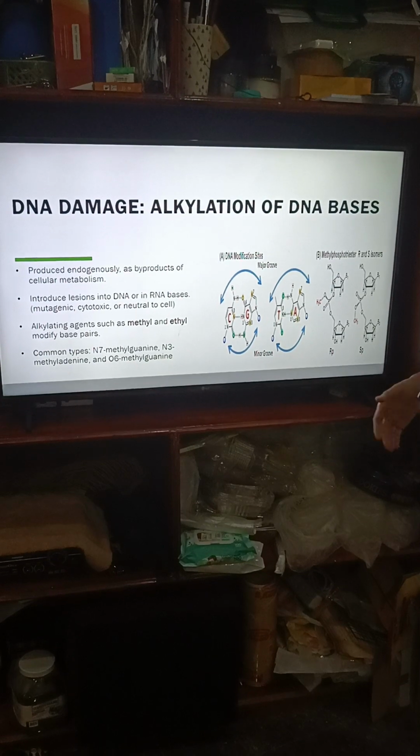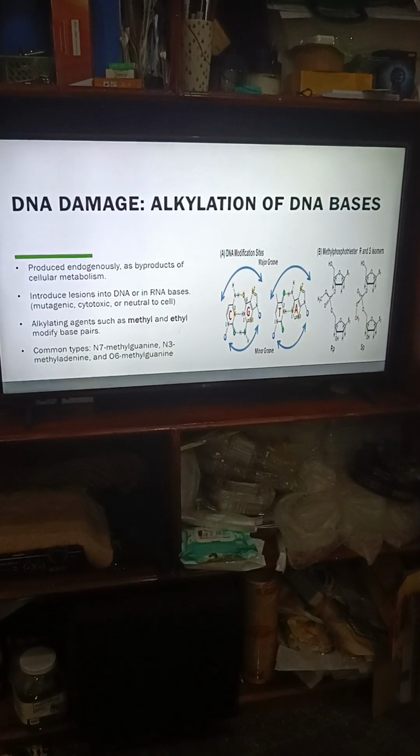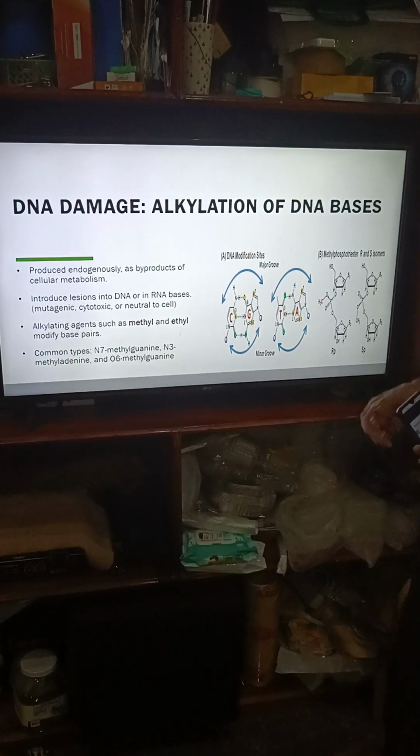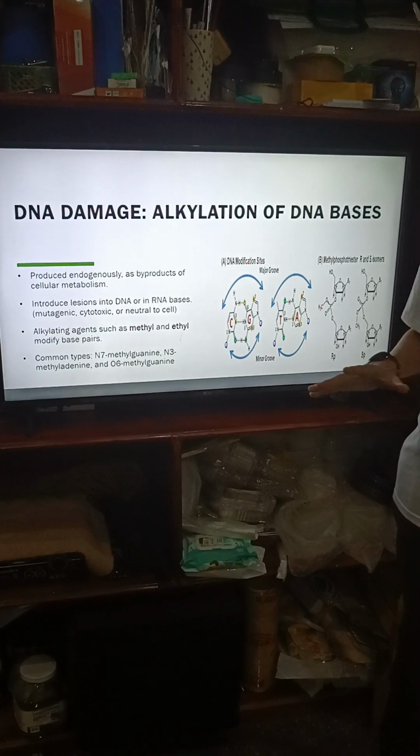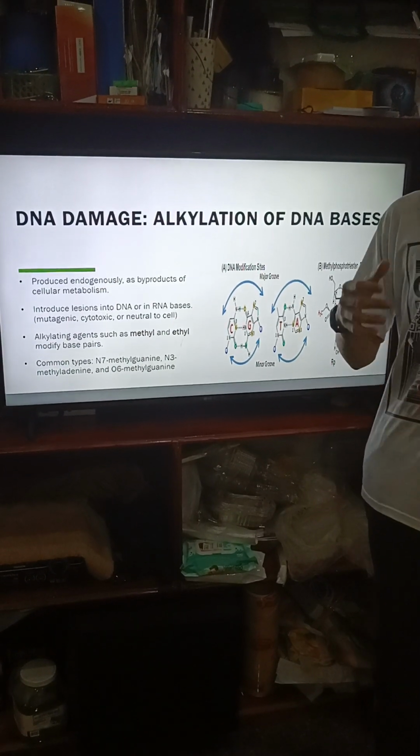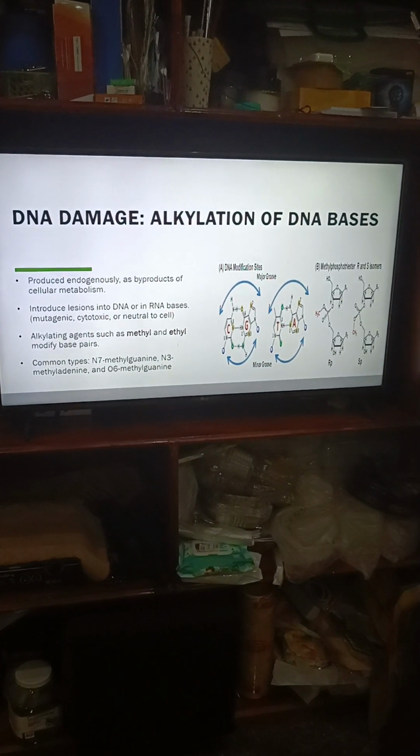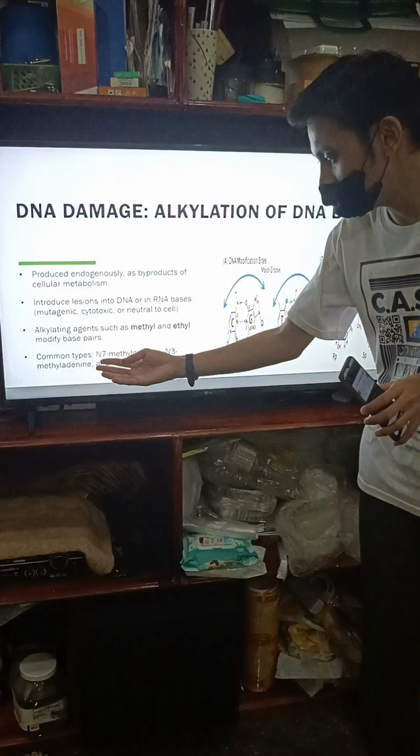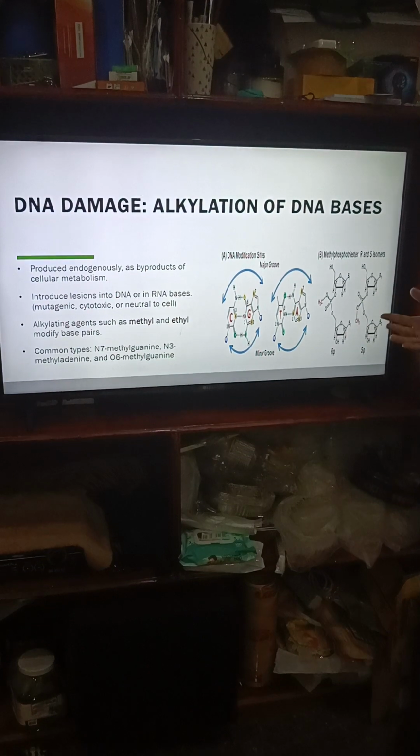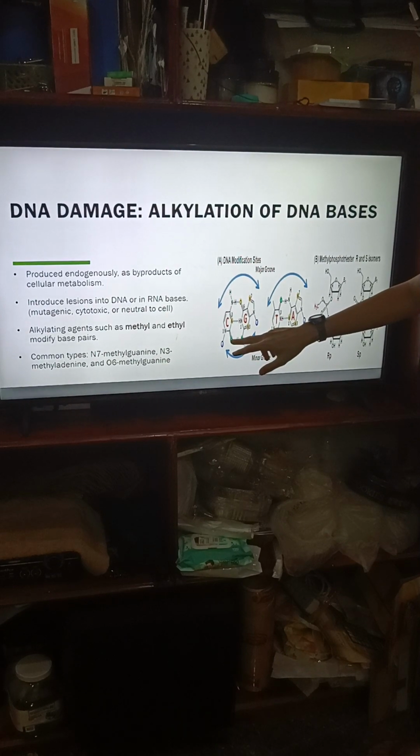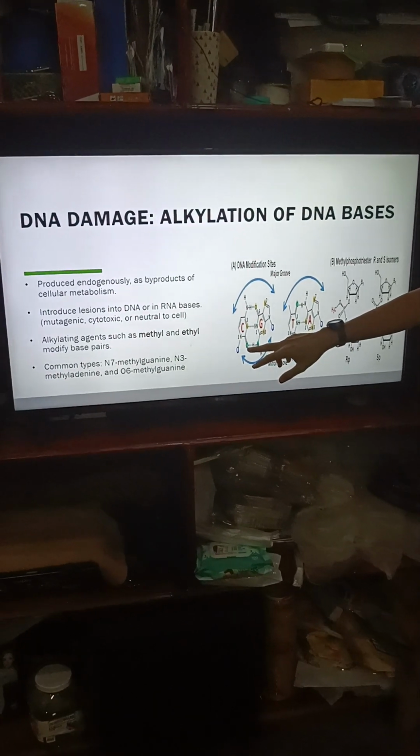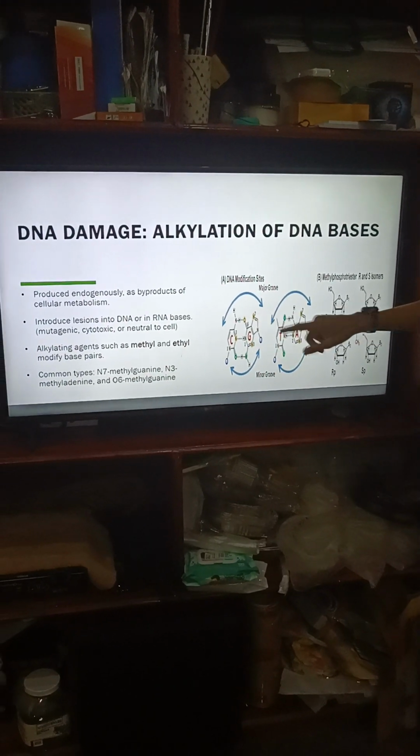Next is the alkylation of DNA bases. It is produced endogenously as byproducts of cellular metabolism. These lesions introduced into DNA or RNA bases are mutagenic, cytotoxic, or neutral to the cell. Alkylating agents such as methyl and ethyl modify base pairs. The most common types of DNA alkylation include N7-methylguanine, N3-methyladenine and O6-methylguanine. In these colored molecules, the oxygen and nitrogen colored green are minor modifications only, while those in yellow are major modifications